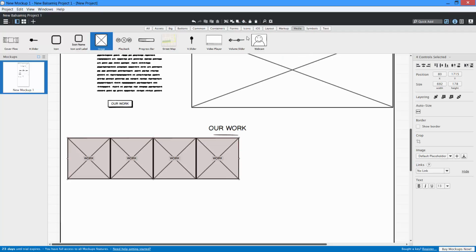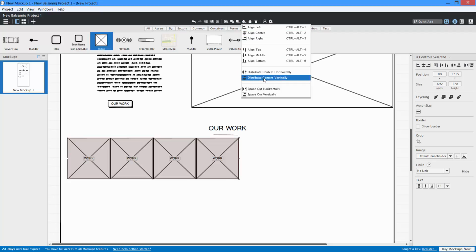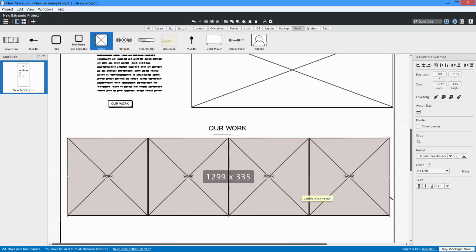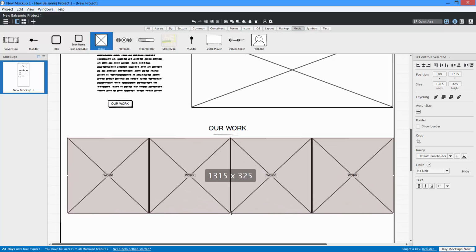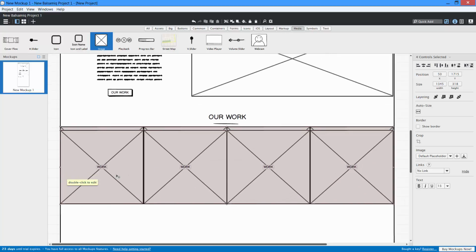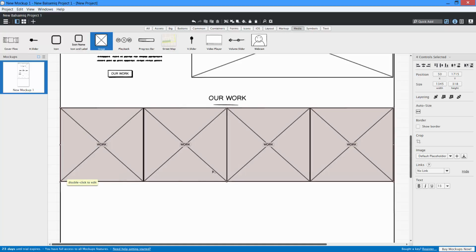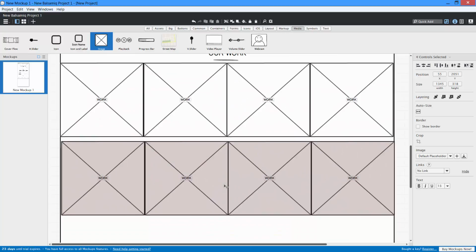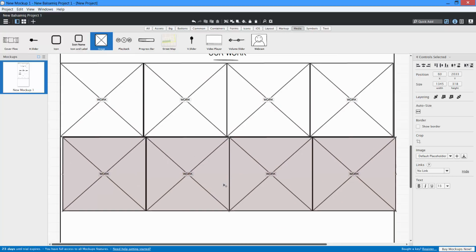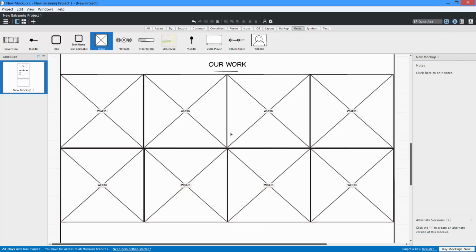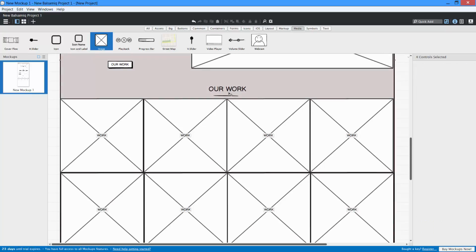I will align it to middle and I'll select distribute centers vertical. So this will be the first row for the work section. We need to add one another row for the work section. So this is how our work section is going to look like.